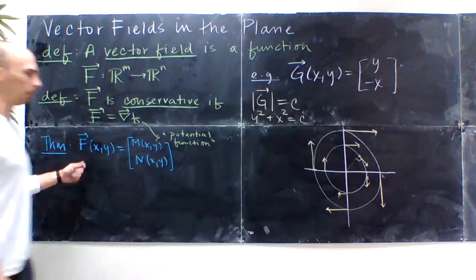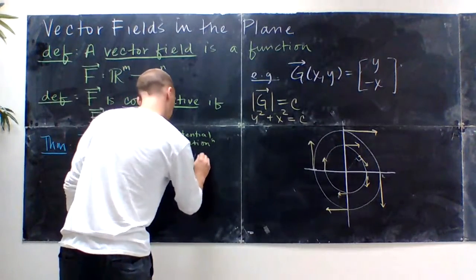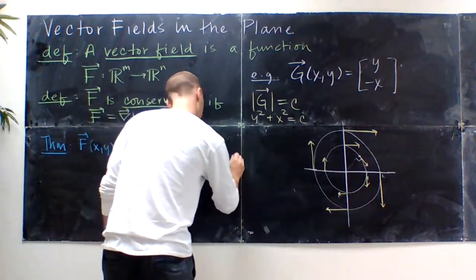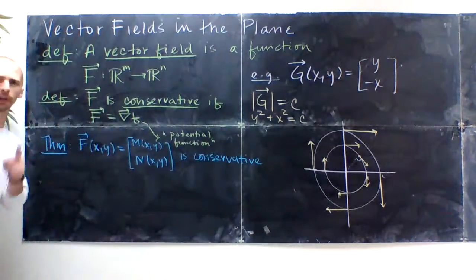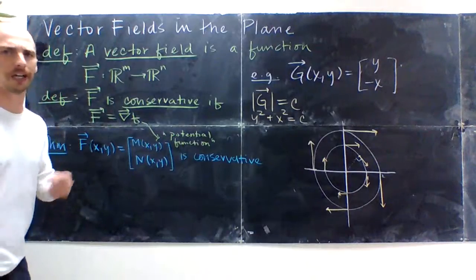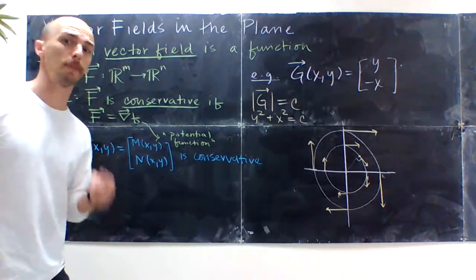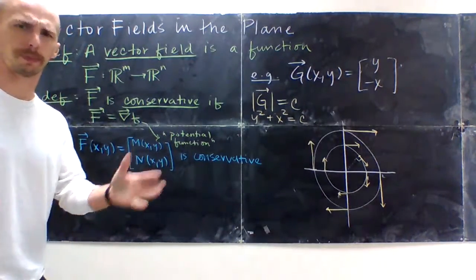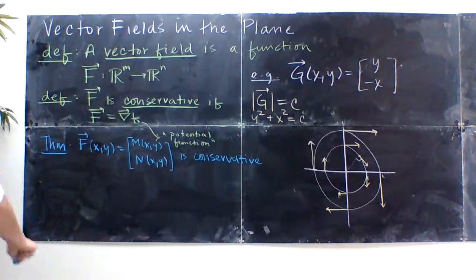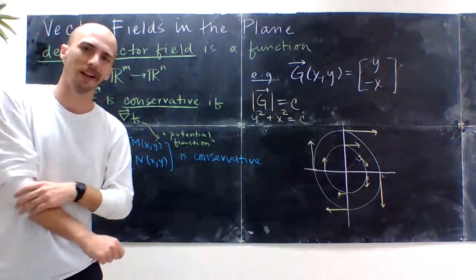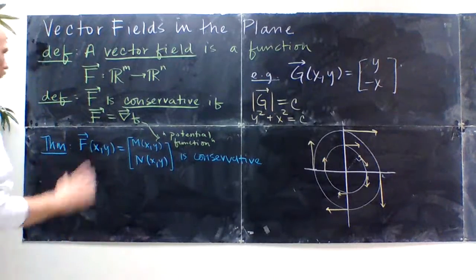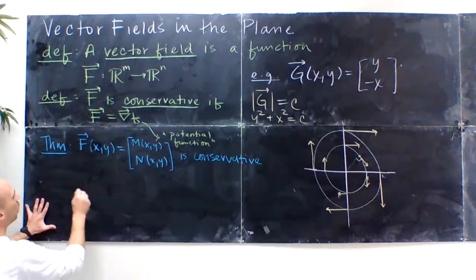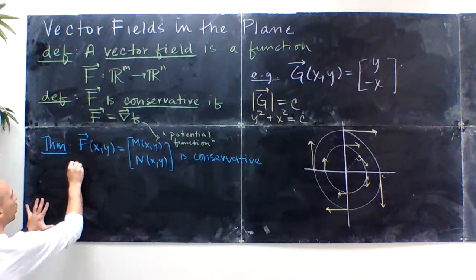Okay, this is going to be conservative if and only if, and I'm only going to be able to prove one of these directions for you. For the other direction, if I remember to, I would have to use Green's theorem. I looked it up in the textbook, and I think once you know that theorem, it's not that complicated. I just don't have the tools yet to prove the other direction. So conservative if and only if